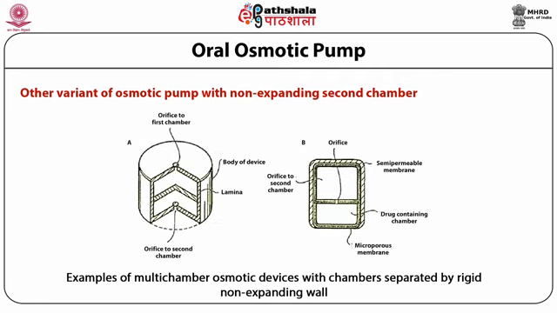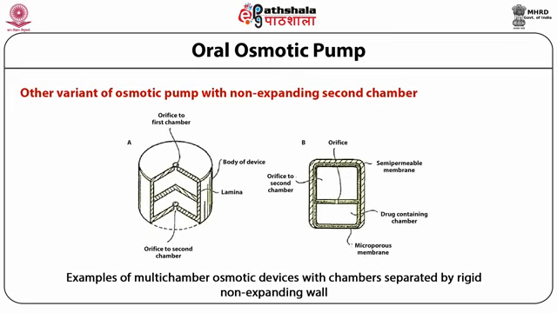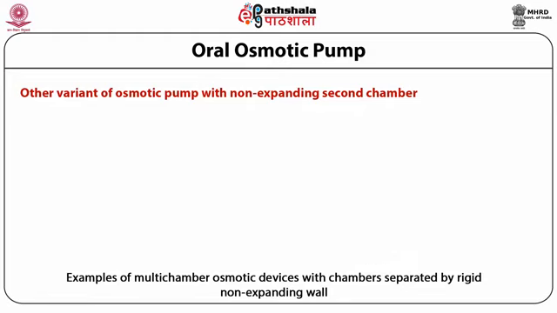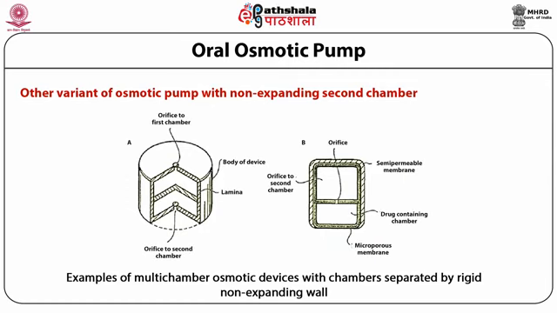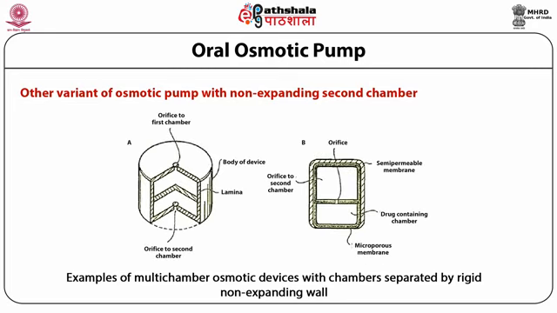You can see it consists of an orifice like always, then a semi-permeable membrane, then the osmotically active agent in the core containing chamber, and the orifice is in the middle of the core. A semi-permeable membrane helps in separating the osmotic agent containing chamber from the drug containing chamber. And then at the end it has a microporous membrane as well.